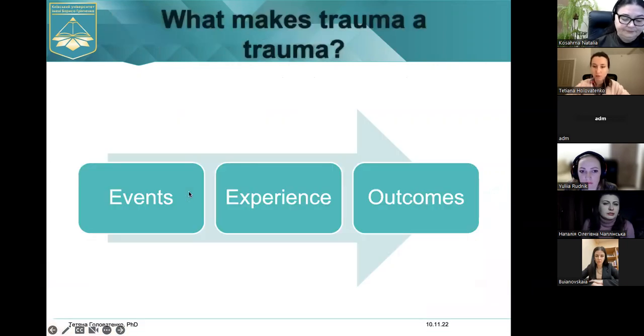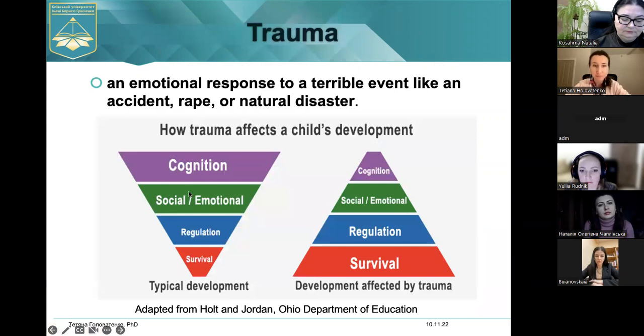Right. So first, let's define what trauma is. This is an emotional response to a terrible event like an accident, rape, natural disaster, and so on. Many scientists and psychologists say that according to trauma-informed learning, any person has their own experience of trauma.